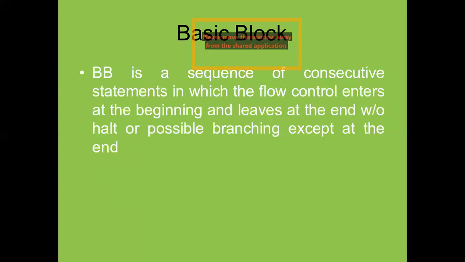Suppose we are considering the example of any loop, either a while loop or a for loop, where we are going to check the condition. Whenever we apply the for loop, we check the sequence, or we can check the flow control: when it starts and when it will finish or leave. Whenever we apply a do while or while loop, we check the conditions. So if we are going to check different conditions, that particular part is called the basic block.